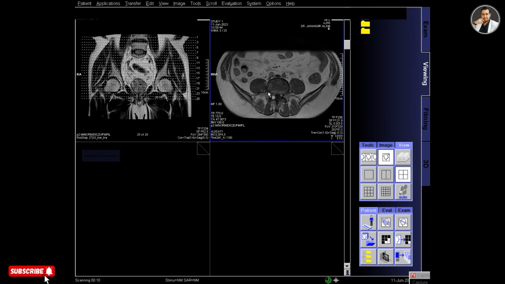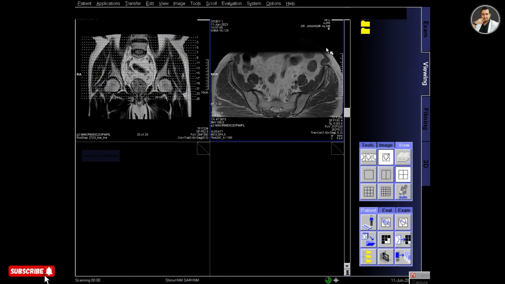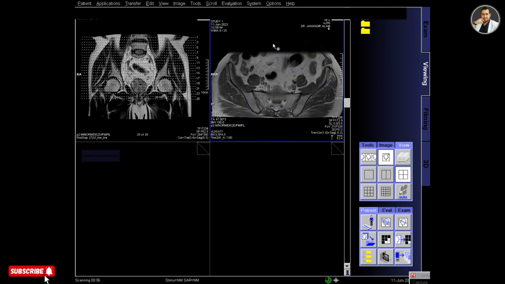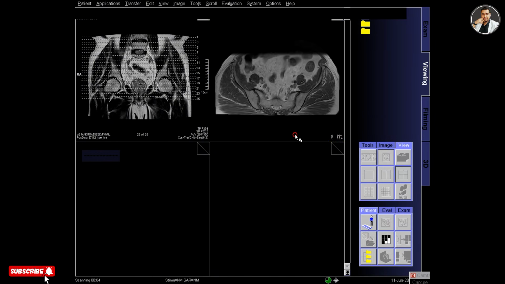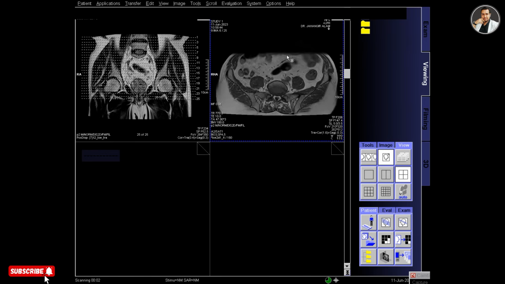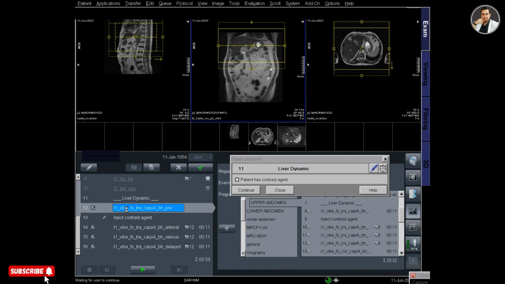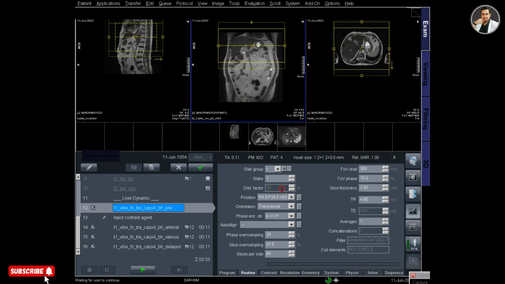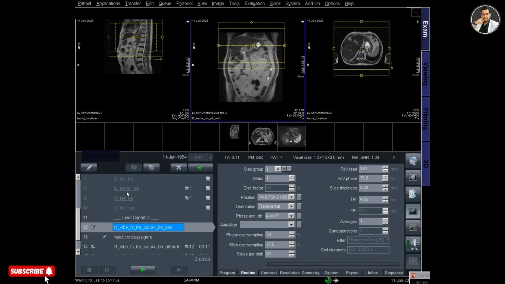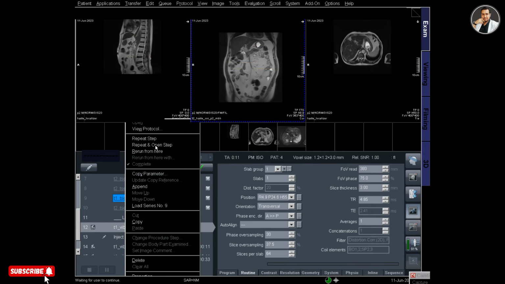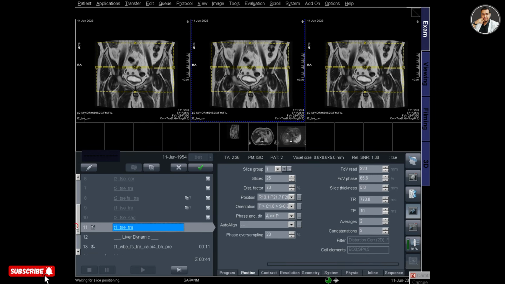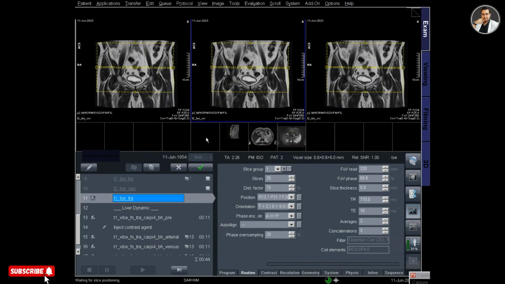This is the T1 transverse for lower abdomen, and you can see that the saturation band is over the anterior part and cuts out the anterior part of the lower abdomen. For this I have to repeat the protocol. I have to repeat the T1 transverse protocol because the saturation band was over the anterior part of the pelvis.